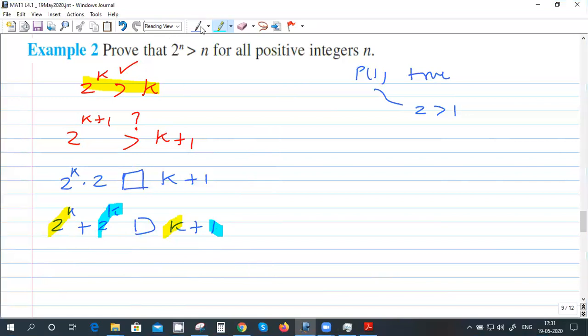Got it? No, sir. Hold on. Tell me. So if we divide both by 2, then we get 2 to the power of k plus 1 by 2. No, you have to relate. We have to use the first statement, no? You have to get to that form. Okay, you understood the method I did? Sir, can you explain one more time?